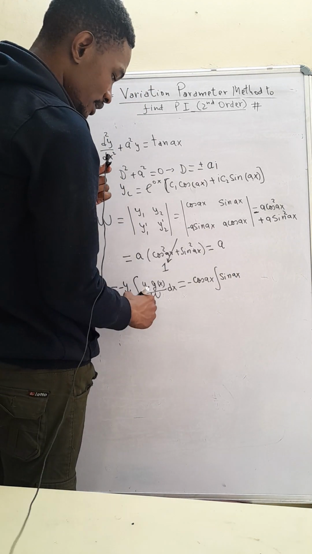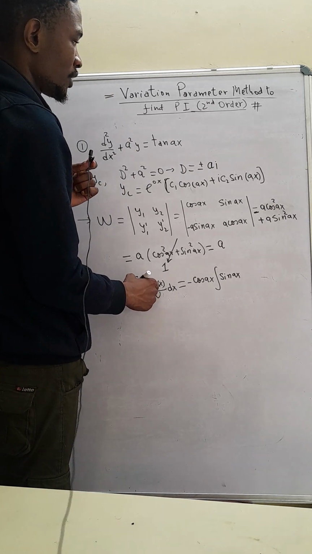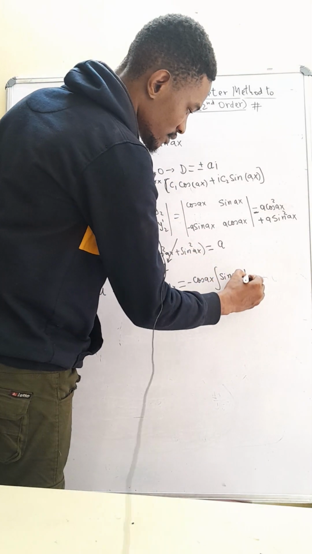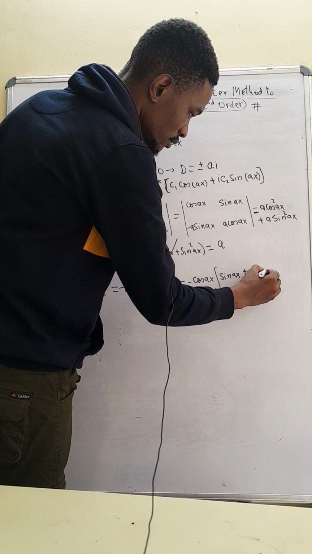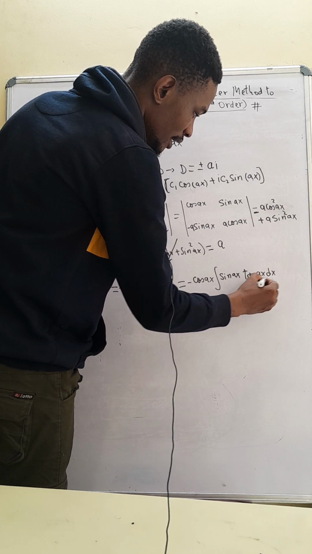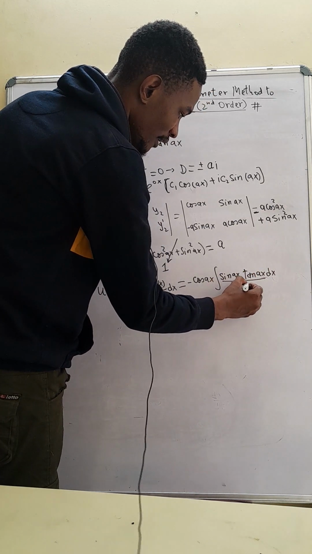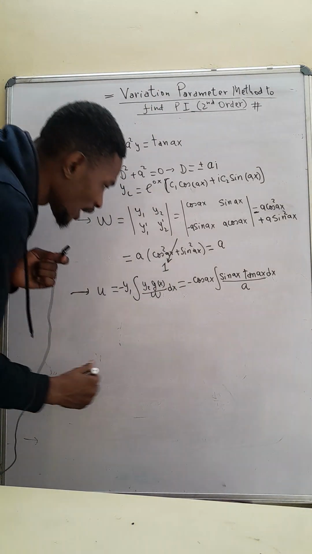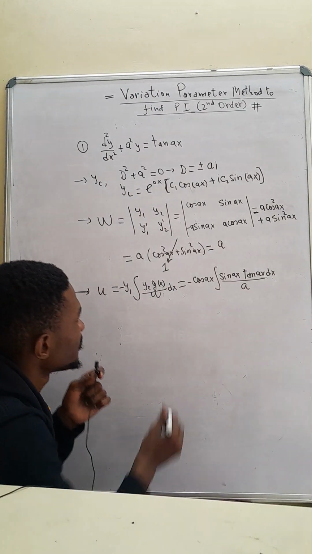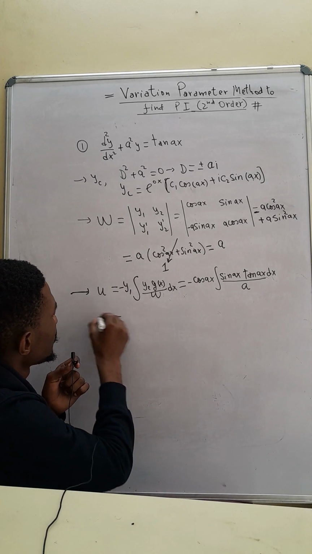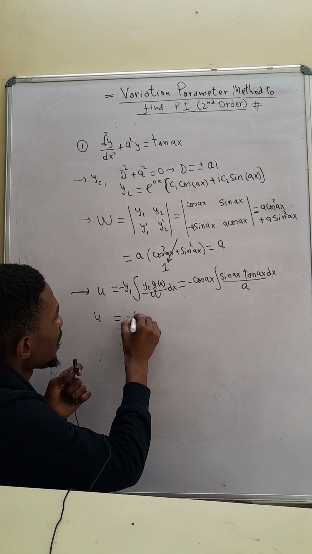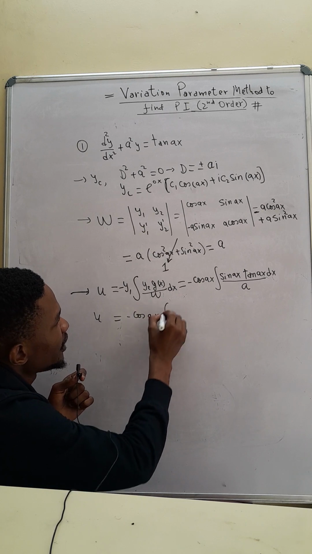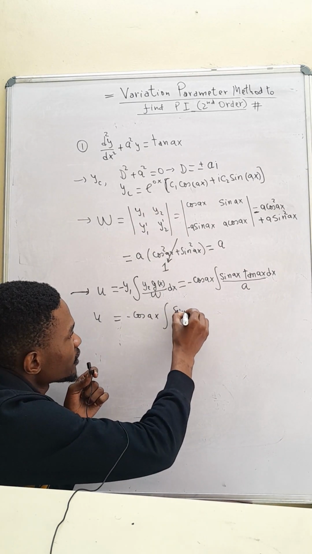Okay? What is g of x? g of x is tan of x. Tan ax dx, all divided by the Wronskian, that is a. Now, what should we do here? That's very easy. u will be minus cos ax, integration of sin